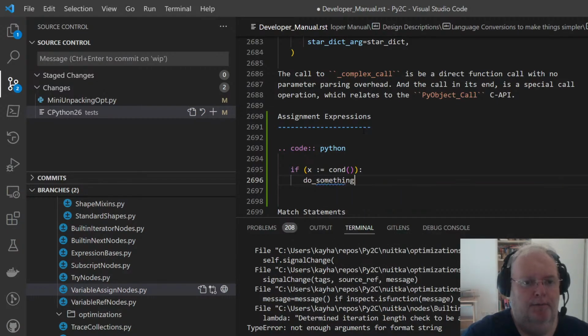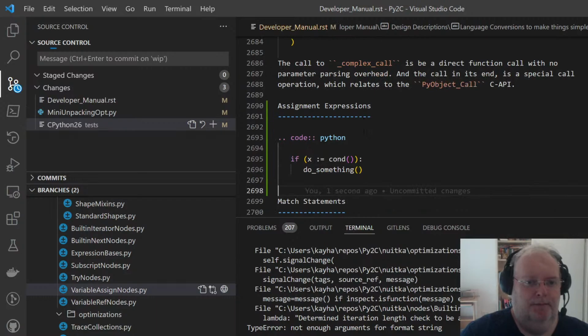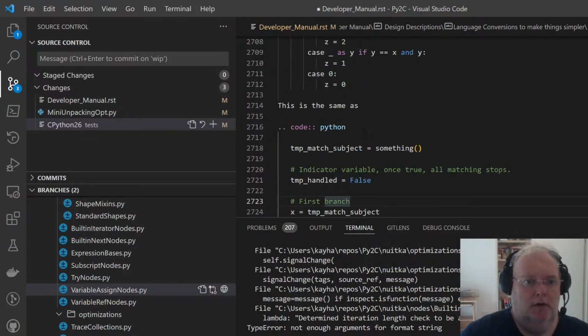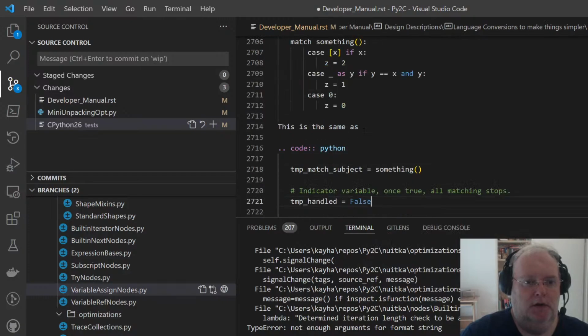In Python 3.8 or higher, the match statements don't say.